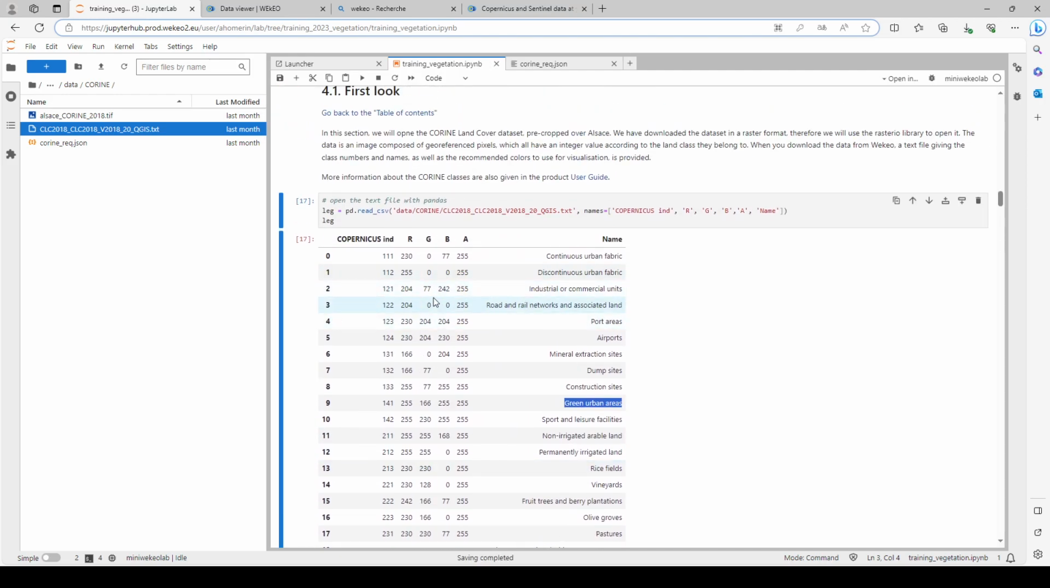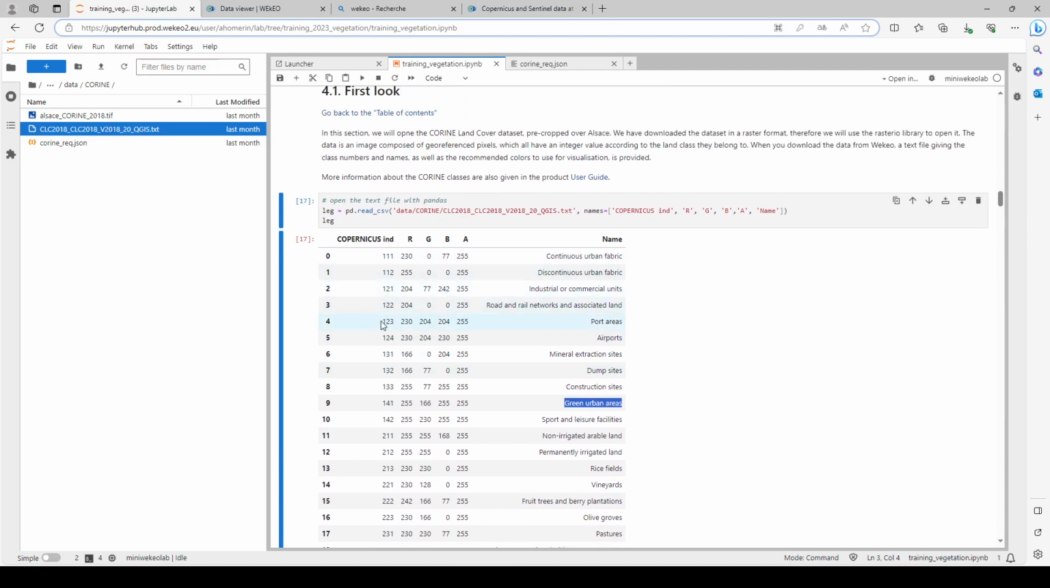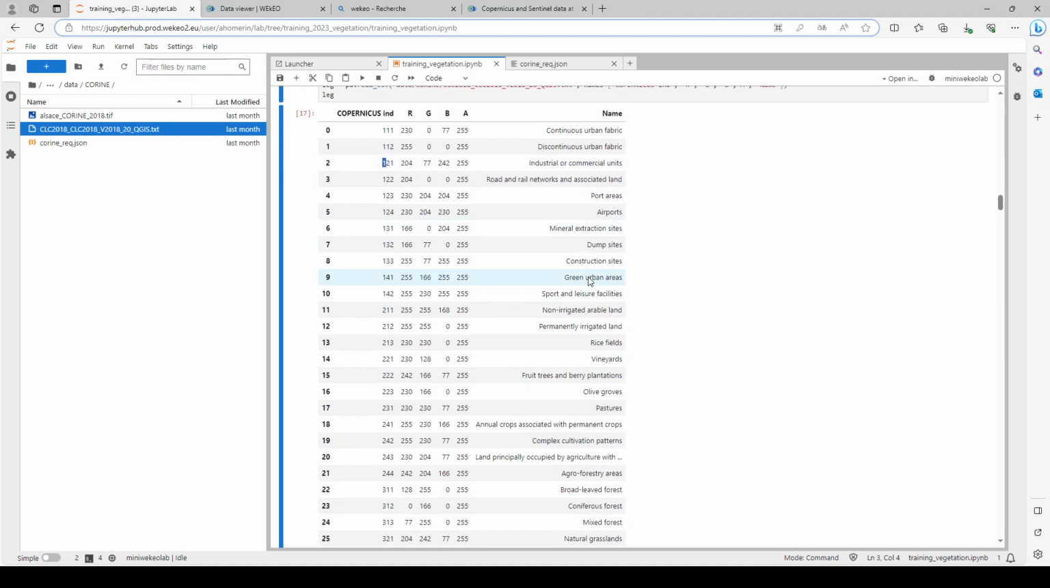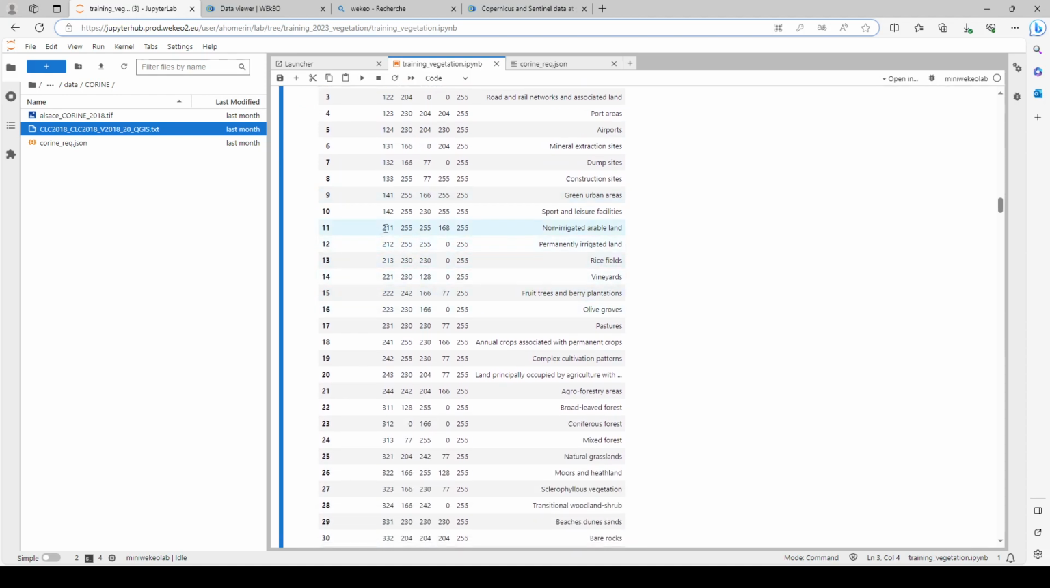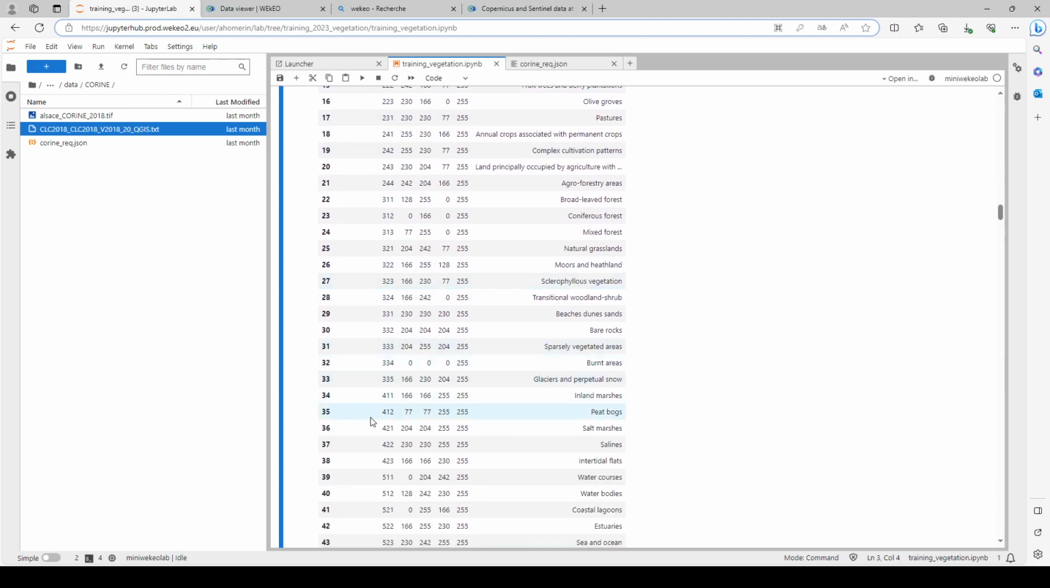What's important here is that we have a Copernicus indicator, which is more explicitly explained in the user guide of the land cover dataset. We can see that categories starting with 1 refer to urban areas. Categories starting with 2 refer to agricultural land. Starting with 3, we have natural landscapes. With 4, we have